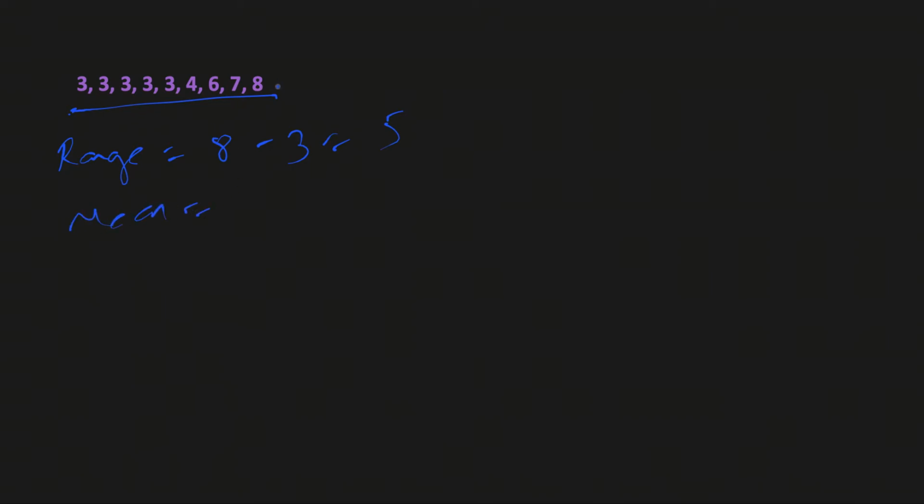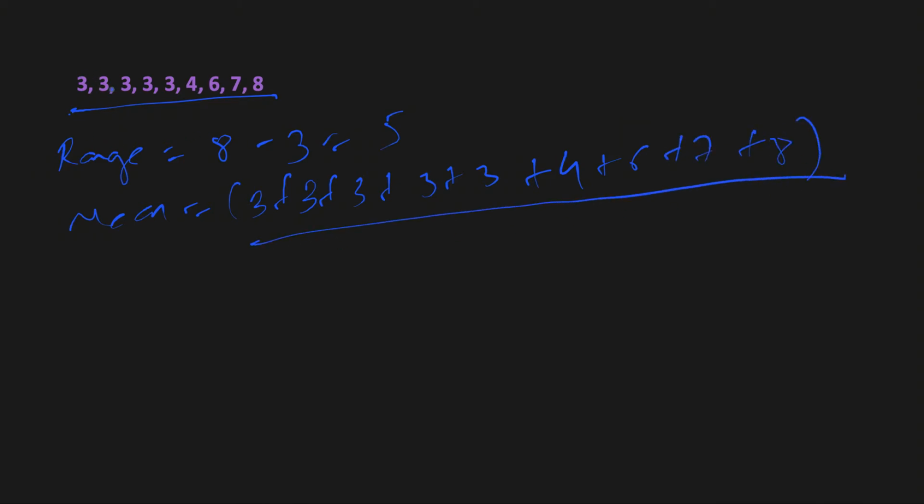Mean is adding all of these numbers, so 3 plus 3 plus 3 plus 3 plus 3 plus 4 plus 6 plus 7 plus 8, divided by 1, 2, 3, 4, 5, 6, 7, 8, 9 numbers. So mean is 40 over 9, which is